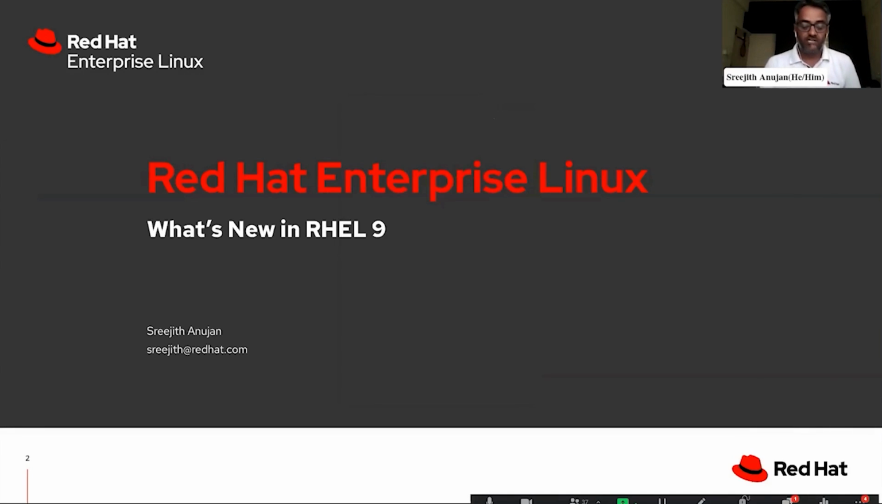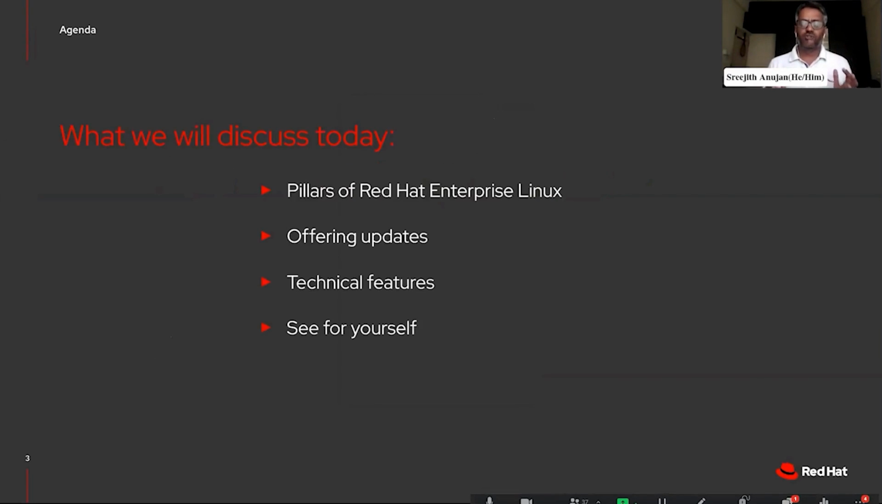So let's get started. What we discuss today is the pillars of Red Hat Enterprise Linux. I will quickly show you some of the updates, then we deep dive into some of the technical features. And at the end, I'll spend some time on how you can actually get Red Hat Enterprise Linux for free, that is without paying any dollars, and how you can prepare for any certification examinations on Red Hat technologies, whether it is Red Hat Enterprise Linux